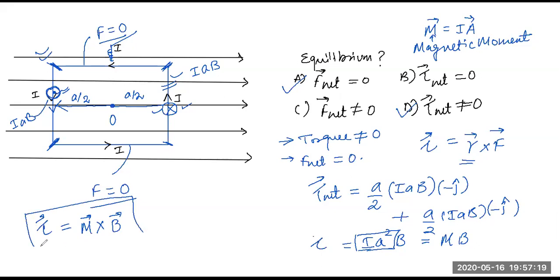This is an important formula which you need to know. I'll tell you what the significance of M is. It's a really important parameter, right? But magnetic moment at this stage is just current into area. That's it, right? Multiplied by B is your torque. So torque is magnetic moment multiplied by magnetic field.